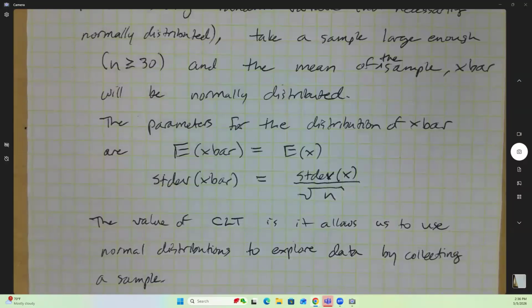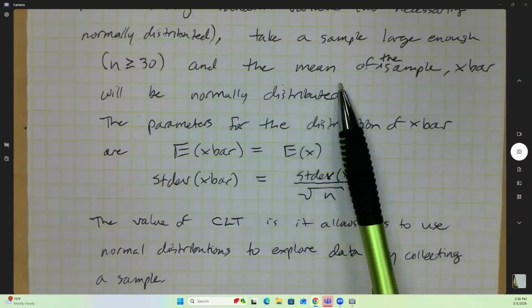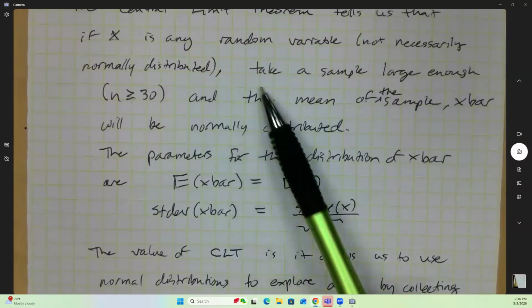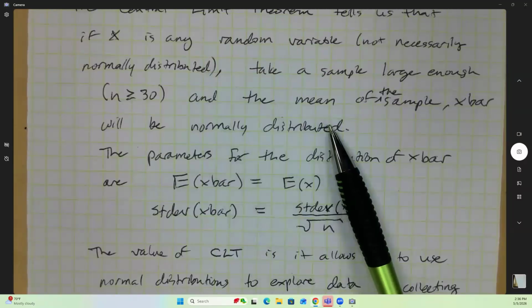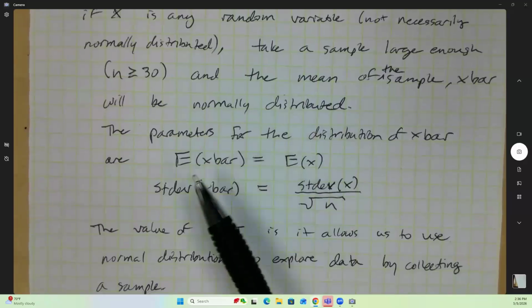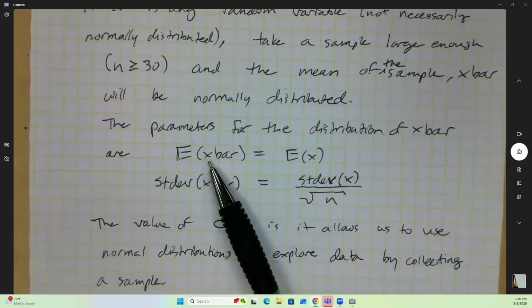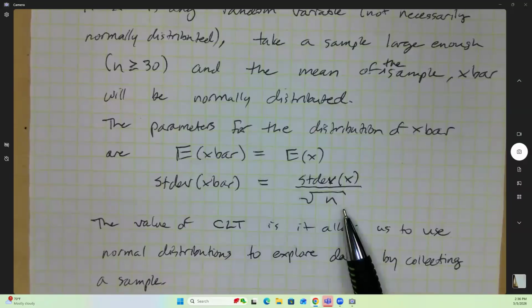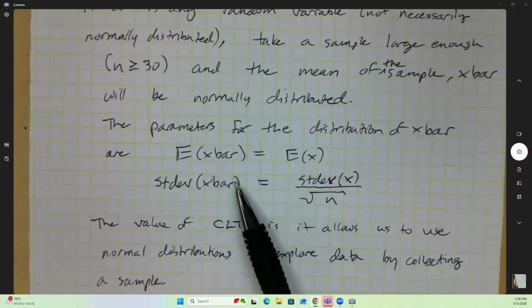The part that tends to make sense to students is the fact that even if x isn't normally distributed, the means will be. The other part that generally makes sense is the center of those sample means is going to be the center of the random variable. The part that's really hard is the standard deviation piece. The idea that the sample means are spread out much less